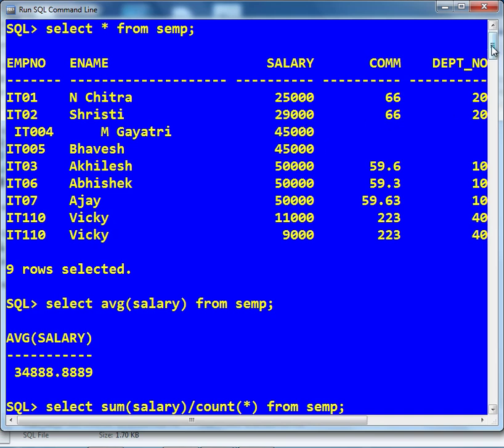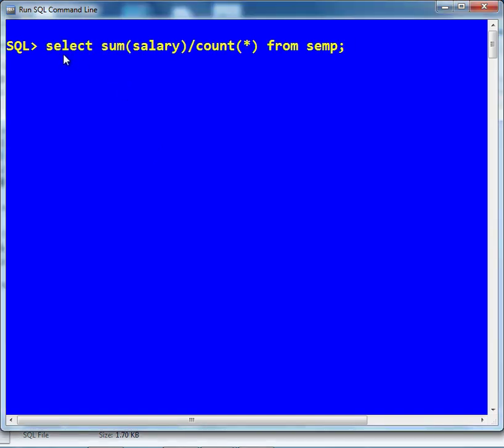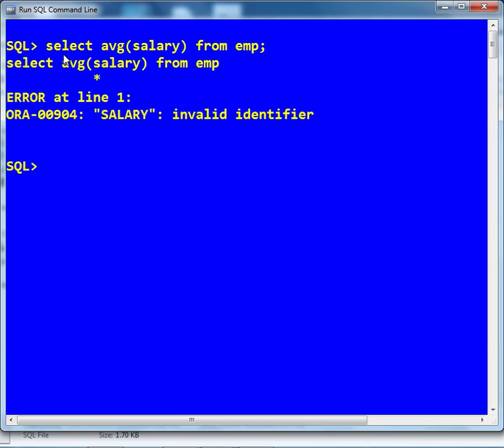Now just try to perform the same operation with the EMP table. First find the average salary from EMP. Select average, column name is SAL, from EMP.